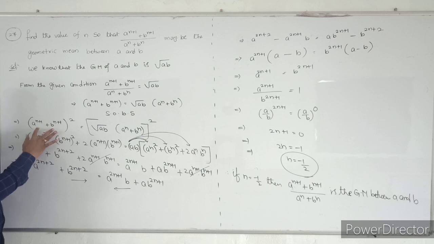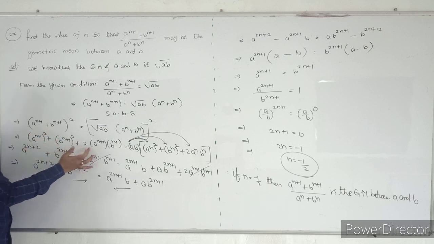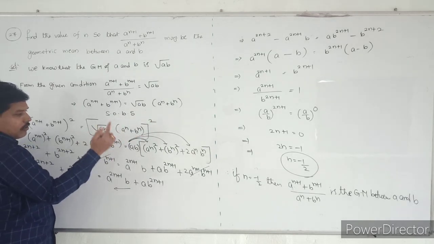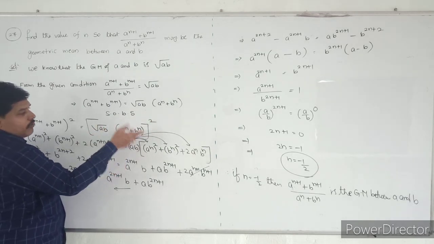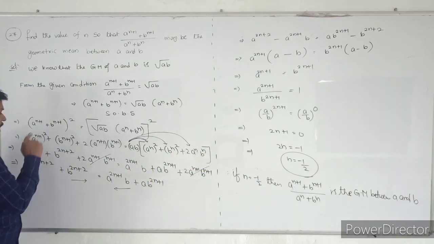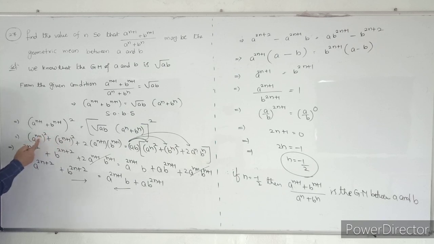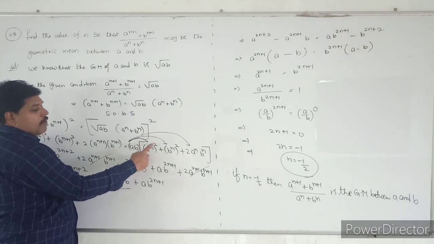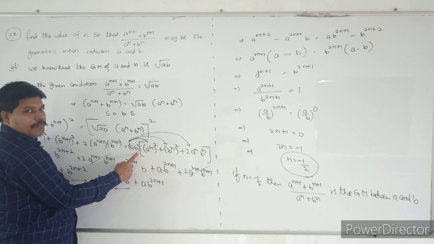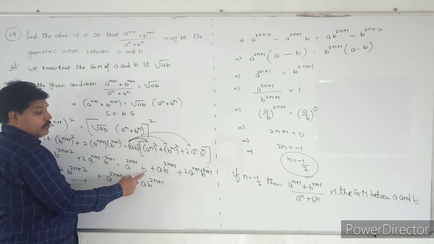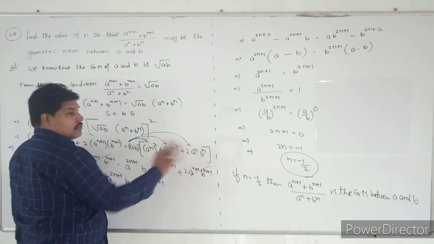It is the a plus b whole square formula: a square plus b square plus 2ab, that is equal to square root of ab whole square, meaning you can cancel the square and the root and you will get ab. A power n plus b power n whole square, a square plus b square plus 2ab once again. Here a power n plus 1 whole square is nothing but a power 2n plus 2, b power n plus 1 whole square is nothing but b power 2n plus 2. So multiply the terms carefully here. A power 2n into ab, that is a power 2n plus 1 into b. So multiply this and multiply also those terms.